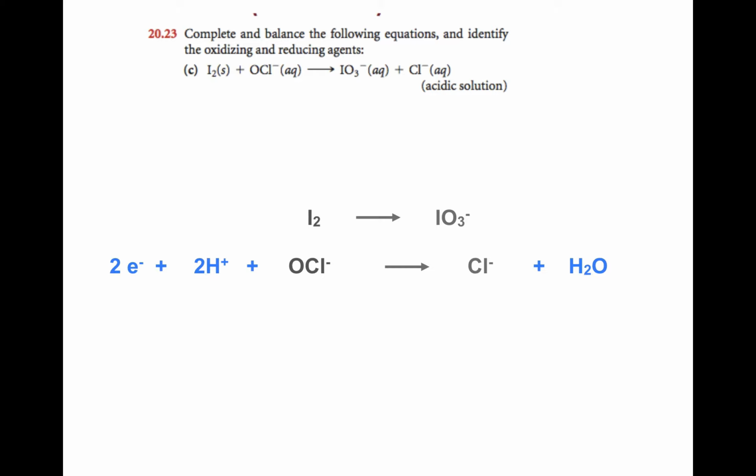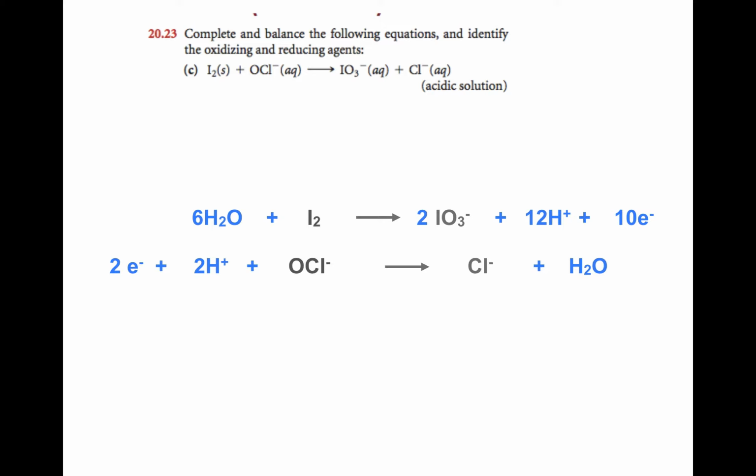Again, it's just following the steps. So balance everything except for O and H. So I need to put a 2 in front of the iodate to get 2 iodines going in and coming out. I need 6 waters added to the reactant side to balance the O's, 12 H pluses to balance the H's. The charge on the product side is plus 10, so I'd have to add 10 electrons to the product side to get a neutral on either side,